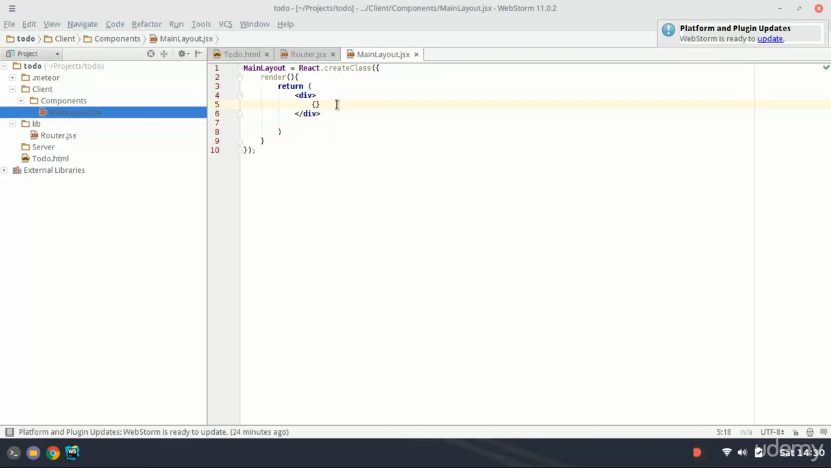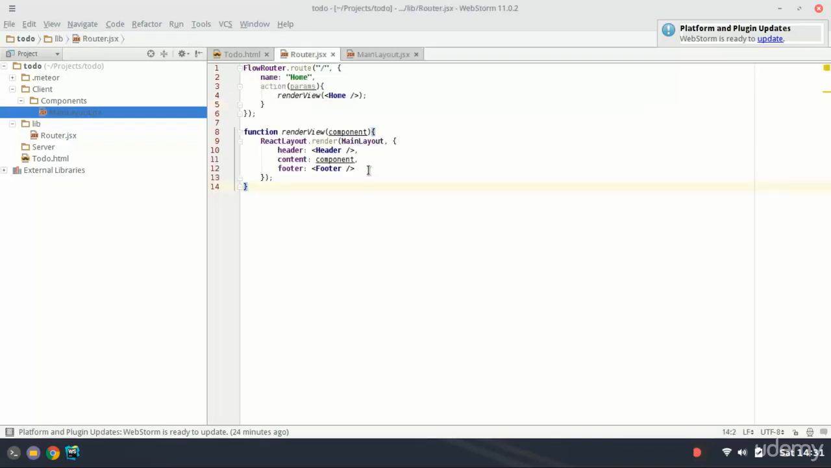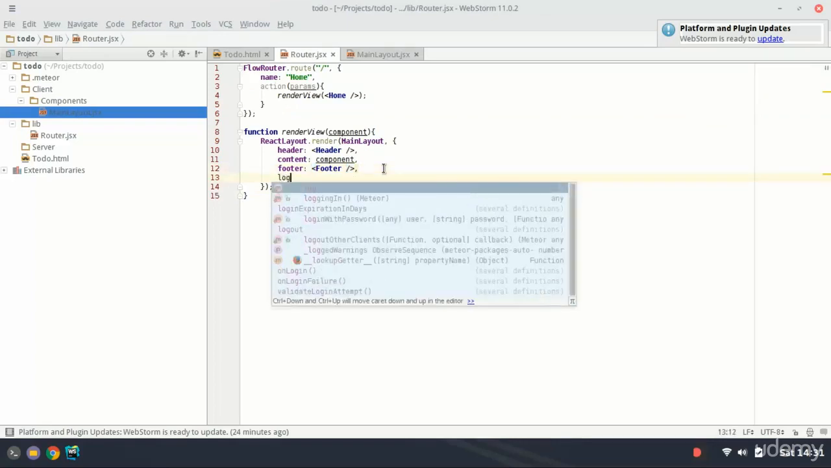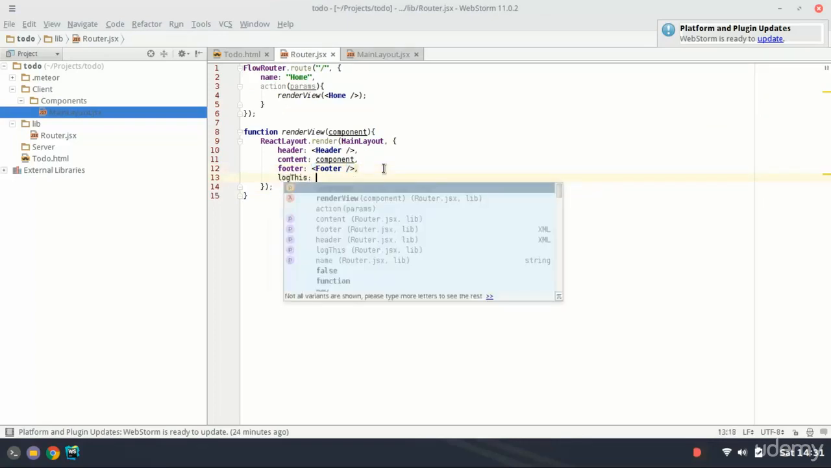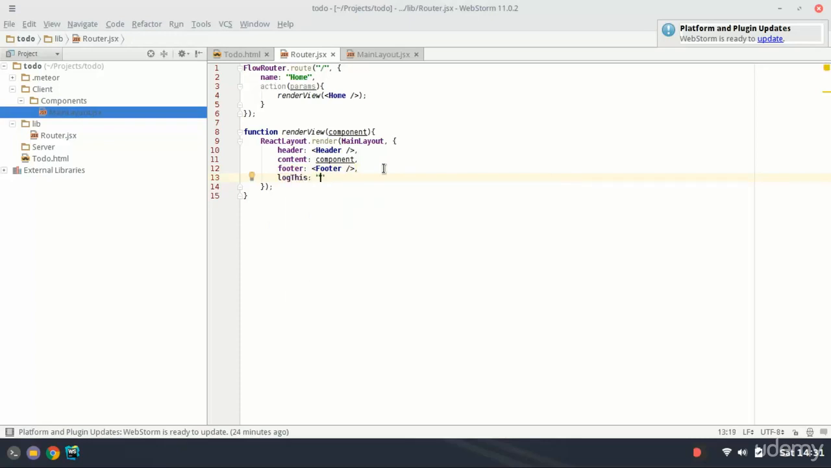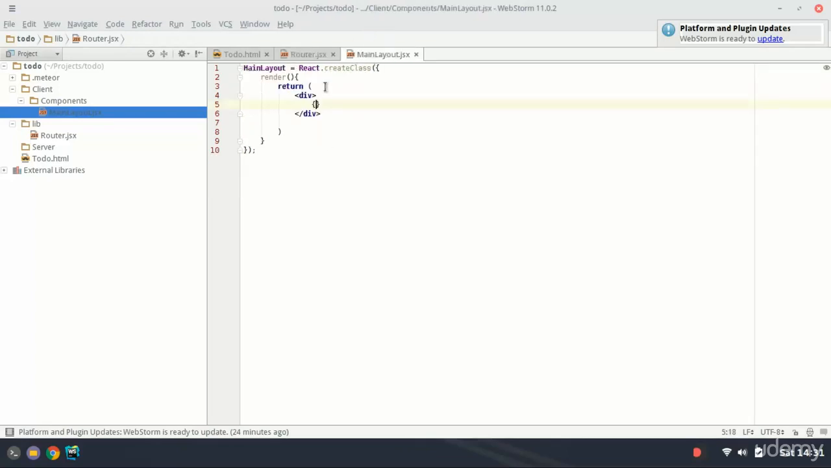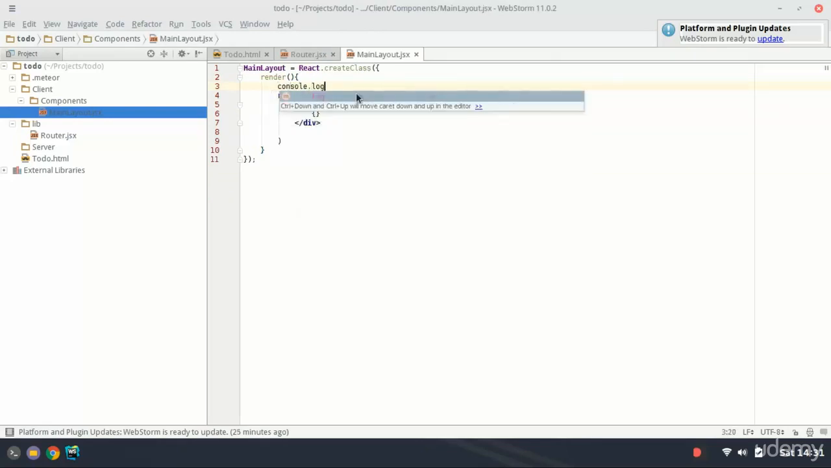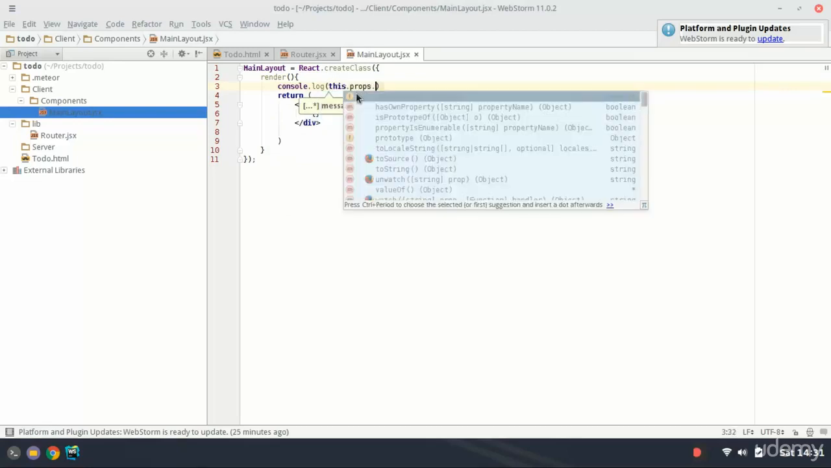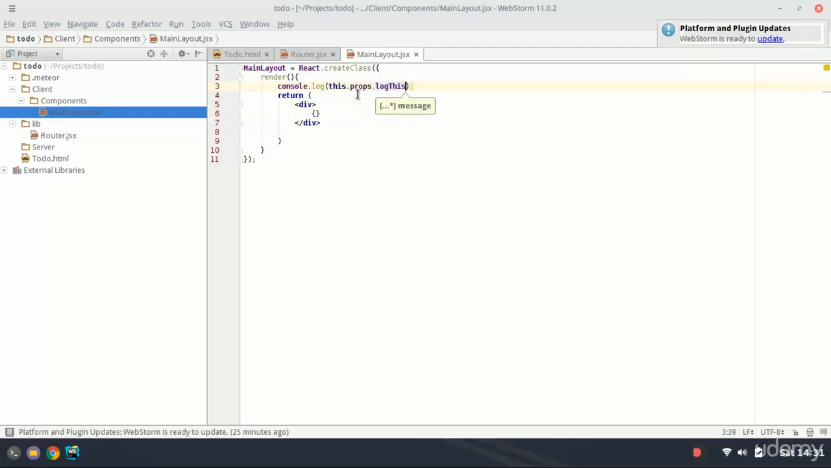So here we're going to reference the props that came in. And so as an example, I'm going to add another prop here called logThis, and it's just going to be a string. This is a property, and I'm going to save that. So in the render function, you can access that by typing console.log and then this.props.logThis,